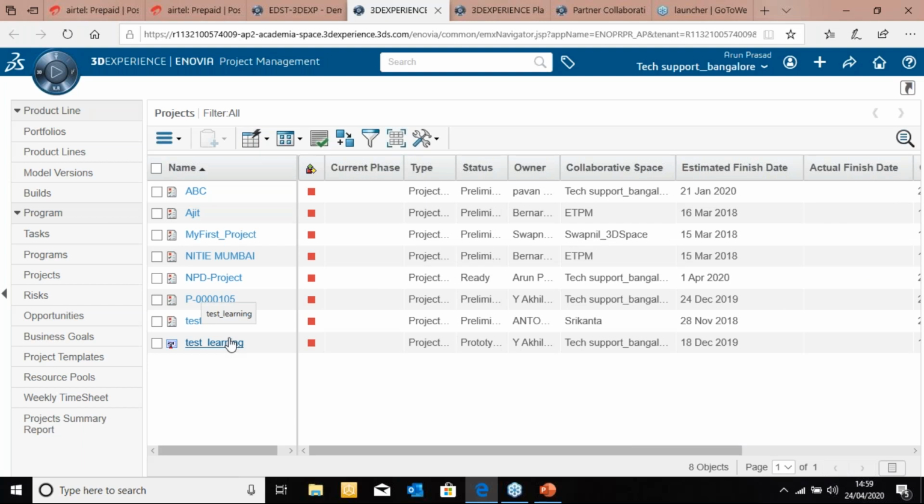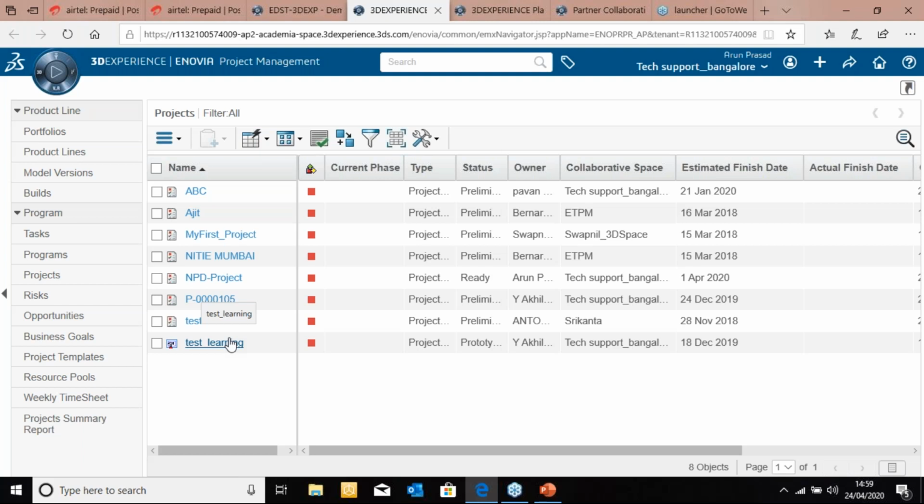So let's say, for example, I'm an organization that is into diversified business verticals. I'm into the business of automotive. I'm also into the business of aerospace. I'm also into the business of general engineering or general manufacturing. So I would like to have access to each and every project, what is happening across each of these three business verticals.